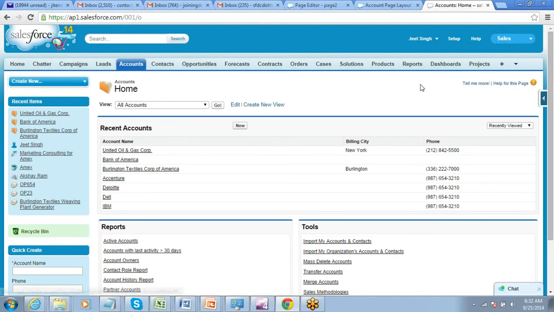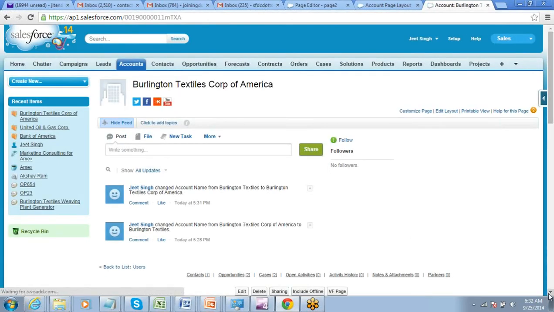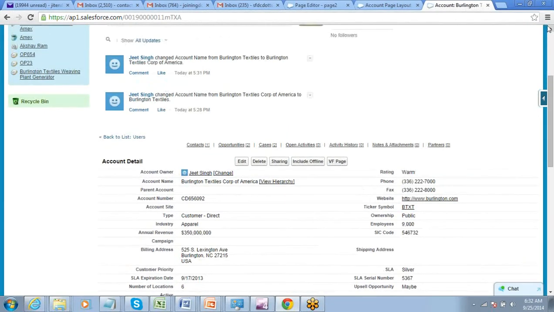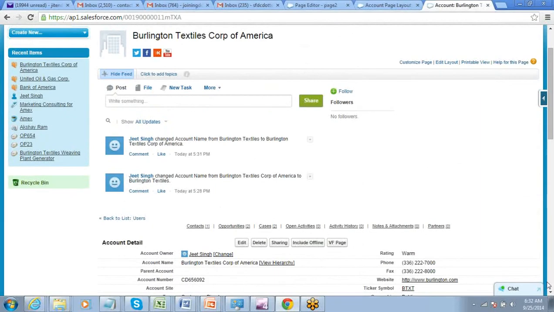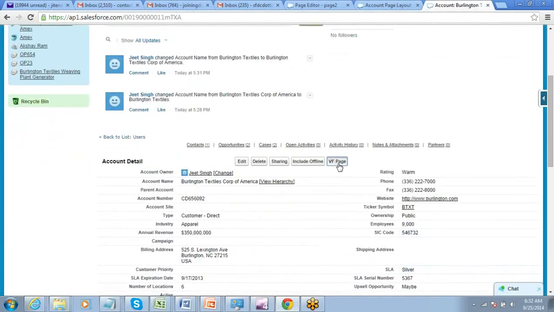Now if you go to a record, open the record, you will get to see that Visualforce page button here. So here the record is being displayed on the standard layout. However, if you click on this button, this will take you to the Visualforce page. So click on this,